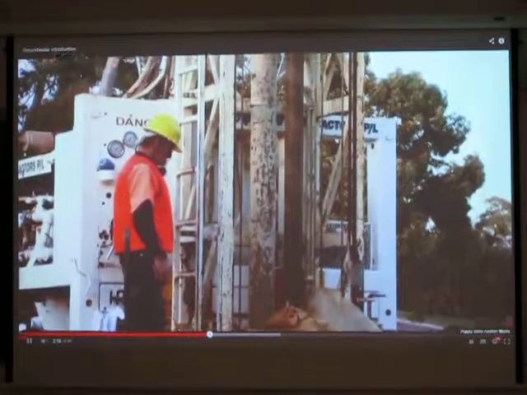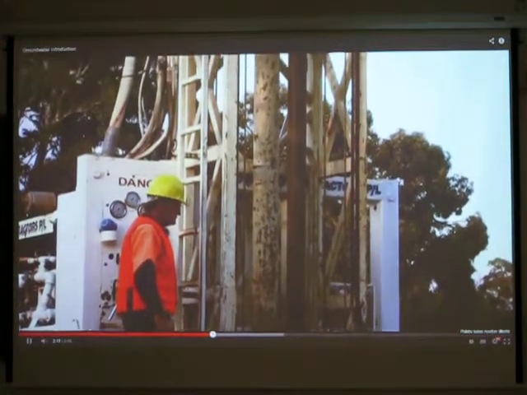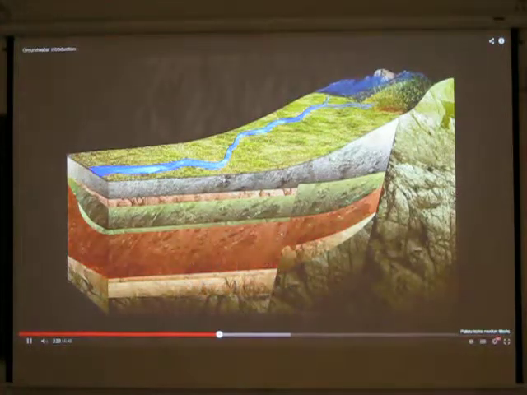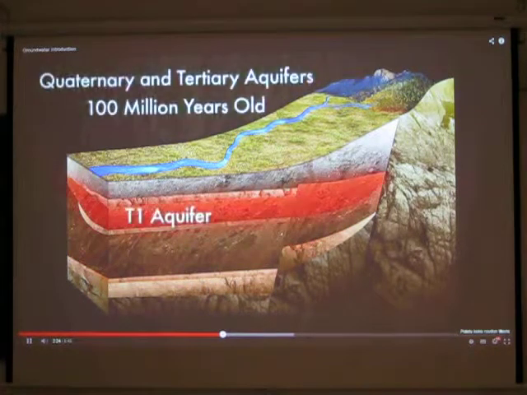We access groundwater by drilling into an aquifer and drawing the water up via a pump. The Adelaide Plains have a number of aquifers. These date back in geological time 100 million years, periods known as the